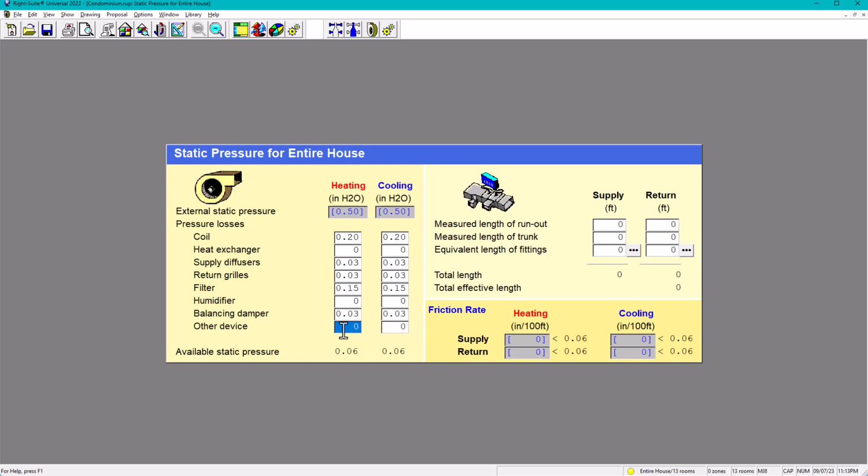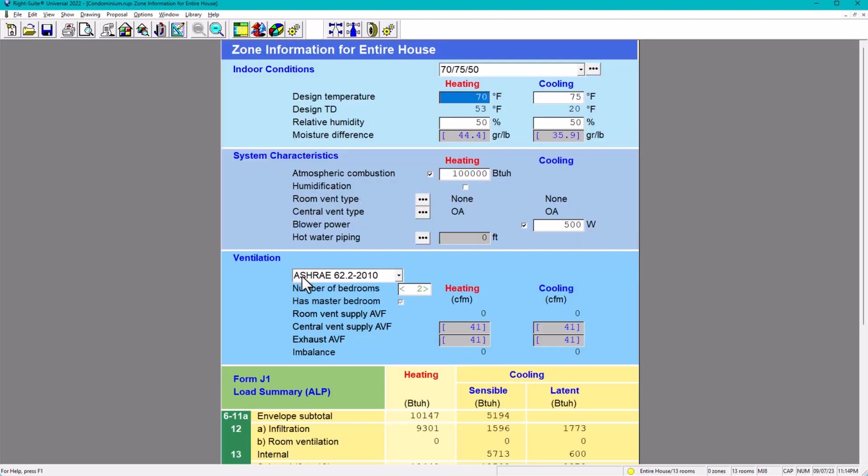My available static pressure is 0.06, which is very low actually. So that's why we might have to increase this to 0.7, but we'll see. Finally, this is the last part, and then in the next video we're going to be sizing my ducts and doing the duct layout. We're going to go here to the zone. In the zone we have the ventilation ASHRAE 62.2 2010. Now since this is 2010, let's see what the code says. Number one, for the code you need to know your location. This is located mainly in